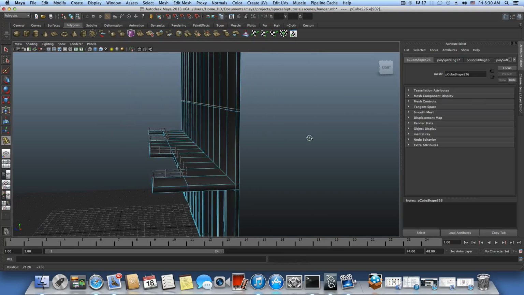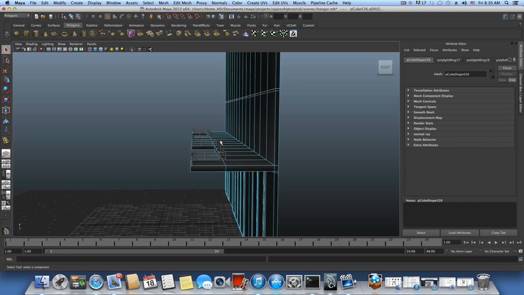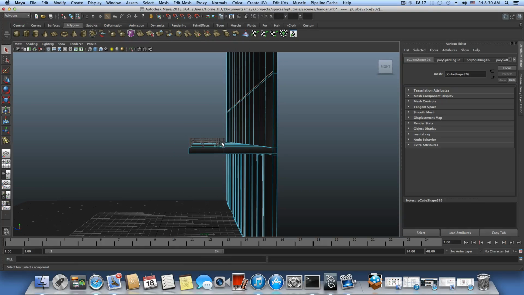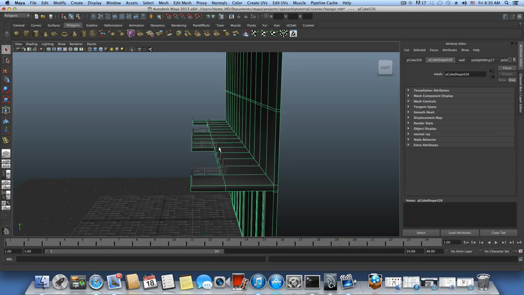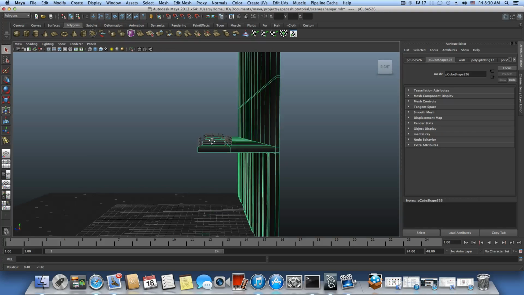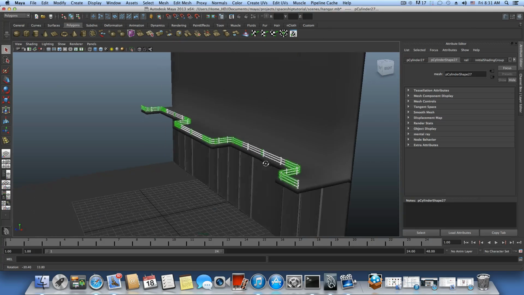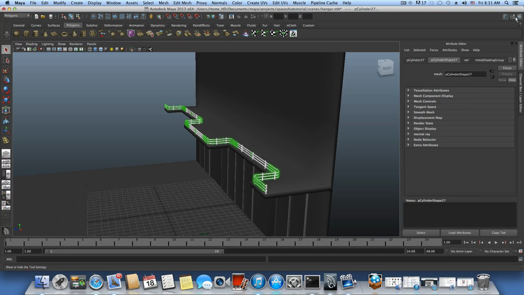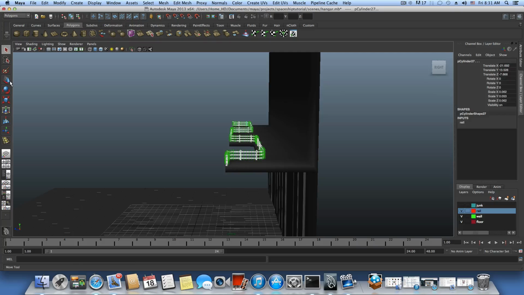And next step will be maybe a little bit complicated, but try to follow, and please at this point make a copy just so everything won't be lost or something like that. Okay, so we will choose only the rails as they are. Okay, and I'm not sure if we created a layer for them, but I want you to bring them